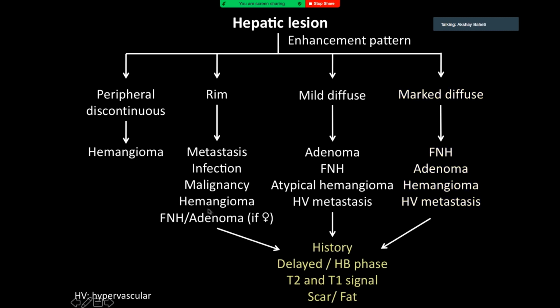So all of this, what you can do further is look at the history, of course, to rule out adenoma. Hepatobiliary phase you can think of doing if you think of FNH. If you're not sure, you can do that, and look at other sequences to really figure out what it is. But all of this is great in theory, often still doesn't work, right? I mean, we still don't know many times. And then you just have to biopsy, right? Instead of chasing lesions and saying let's do an MR for this, let's do this and that, often just biopsy it, and that's a one-stop shot is what I would say.